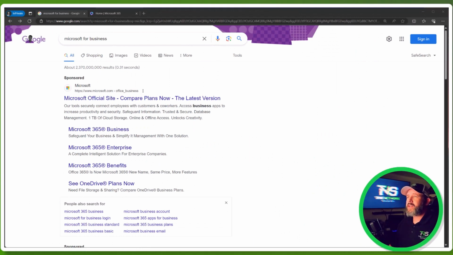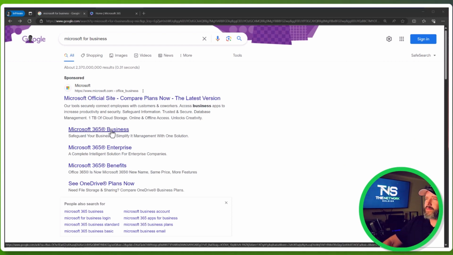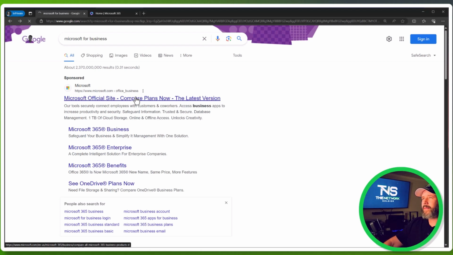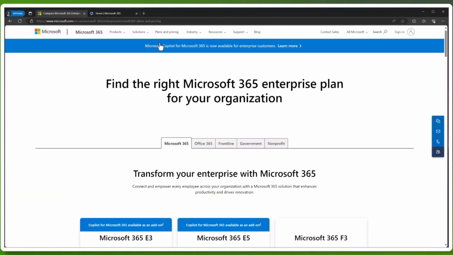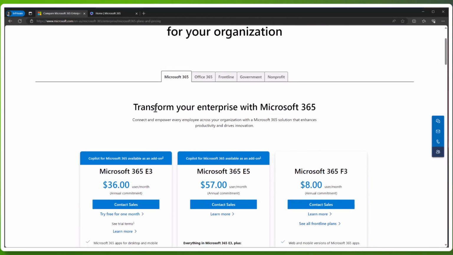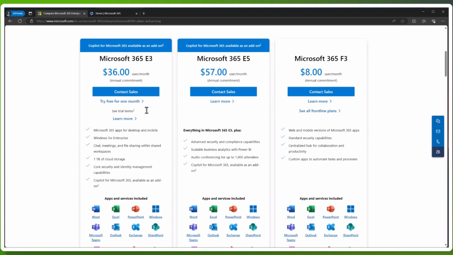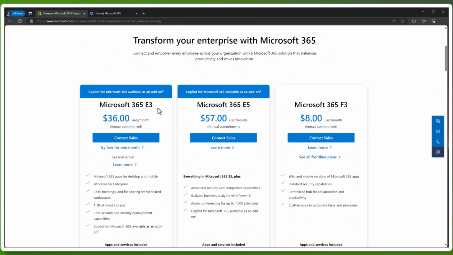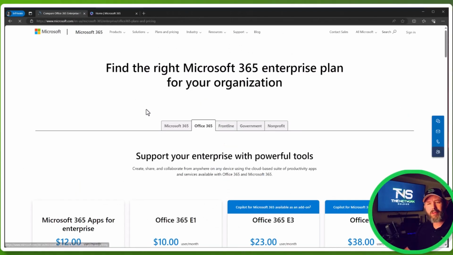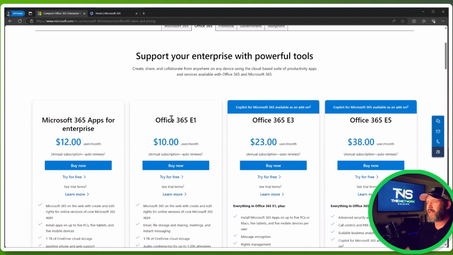So the first thing you're going to do is Google Microsoft for Business, right? Then you're going to go down to Microsoft 365 Business and click on that. You go down to plans and pricing, and you can browse here and see what you need. So right here we have Microsoft 365 E3, E5. Office 365 is probably more what you're going to look for. So you've got E1, E3,